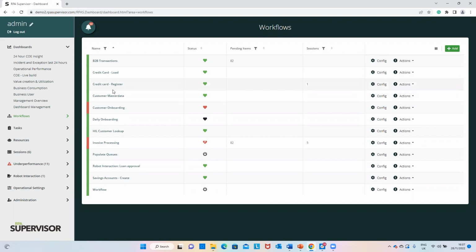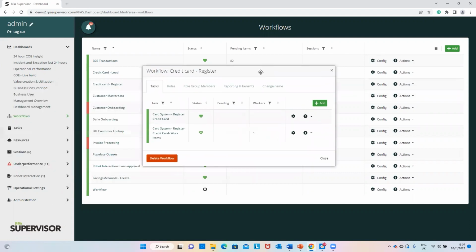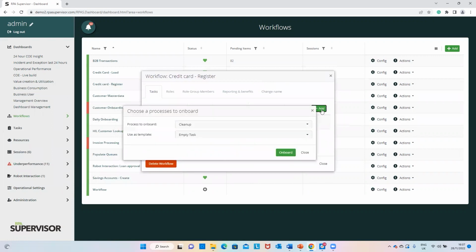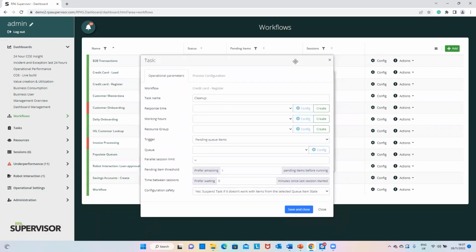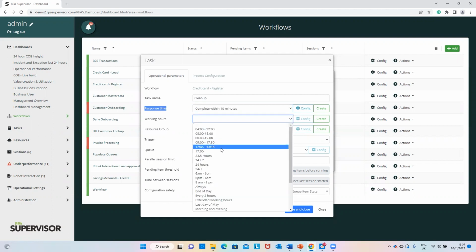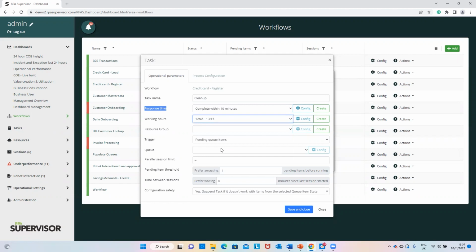Yeah, absolutely. So what you've got to think about with RPA Supervisor is underneath this is an awesome algorithm that's been really developed and honed over many years. And effectively, it doesn't just concentrate on things like the SLA. So effectively here, you would have a response time. And when you add in things like a response time, if you would add in a complete within 10, for example, granted that is an SLA, but it's also a heavy prioritization. It's high value. And as you build the layers of parameters in here, things like the working hours, which it takes into consideration, it understands when it should be and when it shouldn't be working,